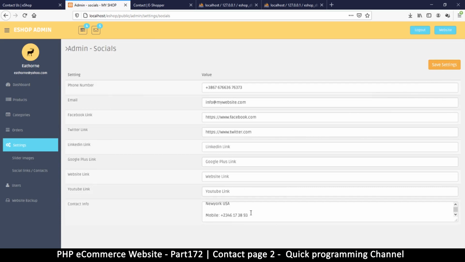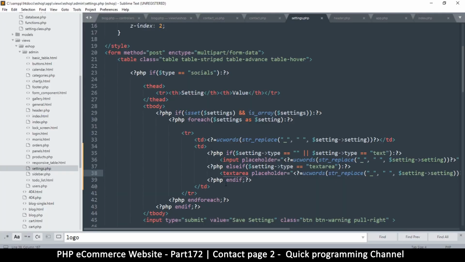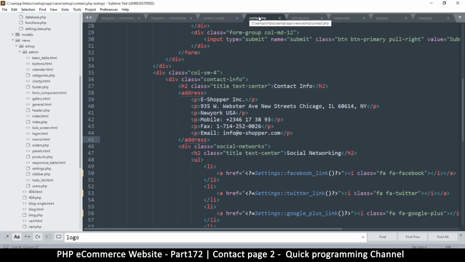Okay. So we've saved all that information. Quite alright. Pretty good. Then now I can simply go to my contact.php, and then I will get exactly this right here. Copy that, come down here,